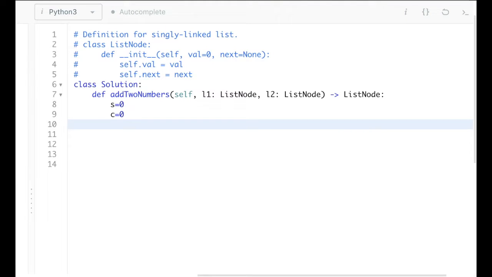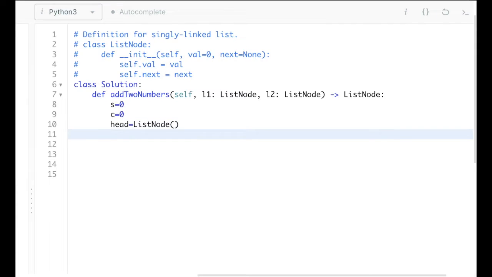Now we will take one head node. So head node will be, this is my list node. The structure is list node. And we will take one temporary variable ptr and initialize with head.